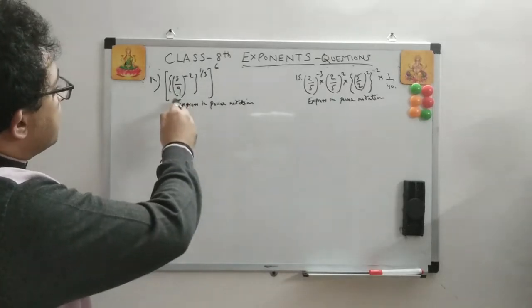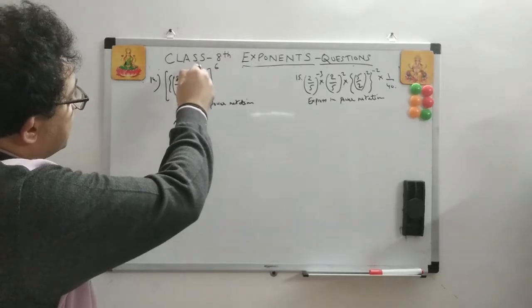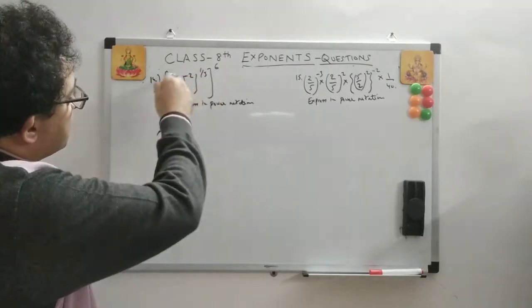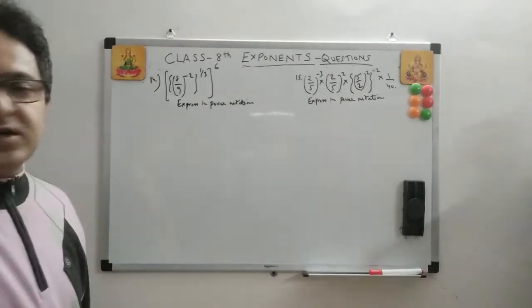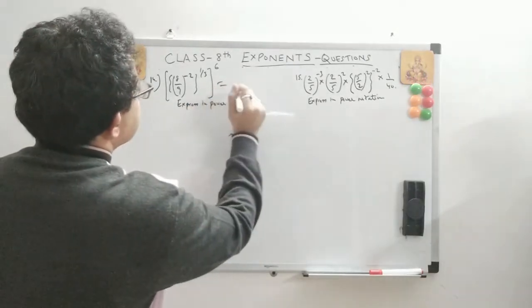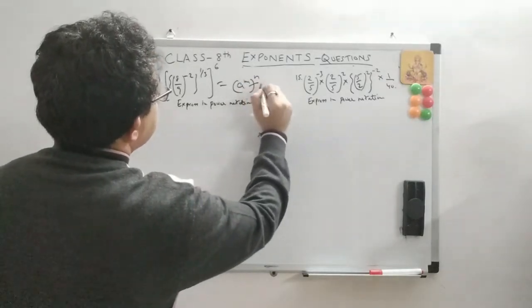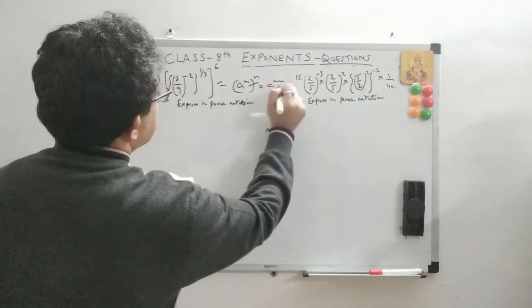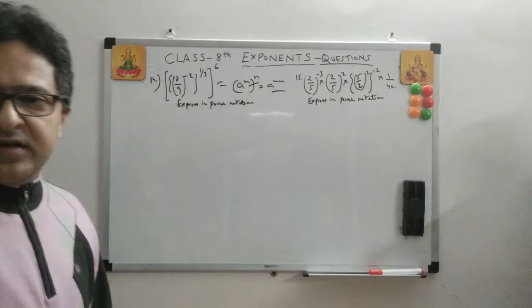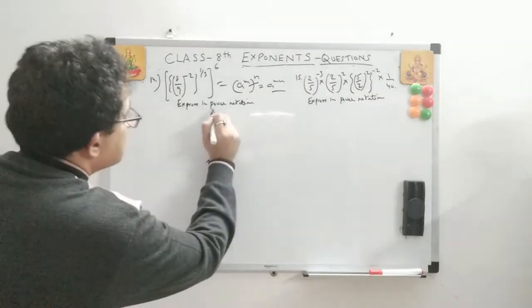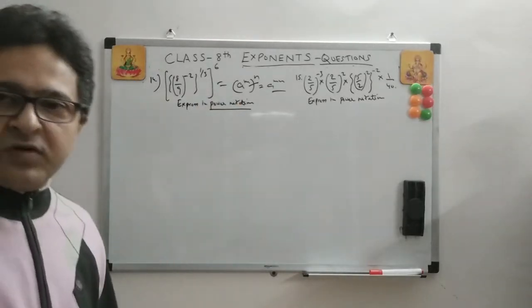8 upon 9 to the power minus 2, then this whole to the power of 1 by 3, and then this whole to the power of 6. Again, this has to be expressed in the power notation. The formula here is the same, a to the power m to the power n, multiplied, becomes a to the power mn. This law is being used. Now let's simplify step by step, but we have to do it in the power notation. We don't have to simplify fully, we have to leave it in the power form.